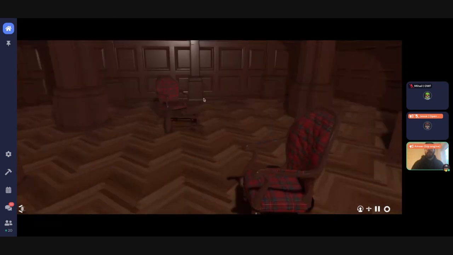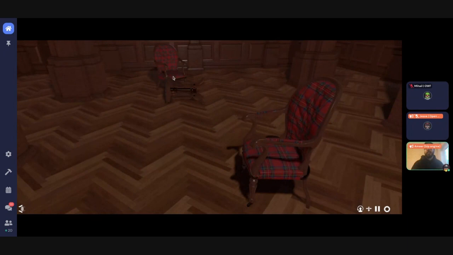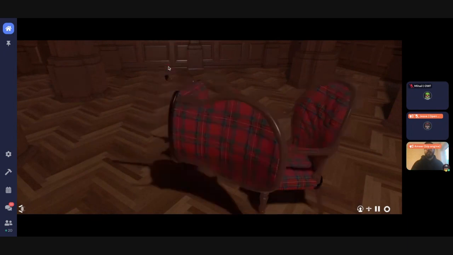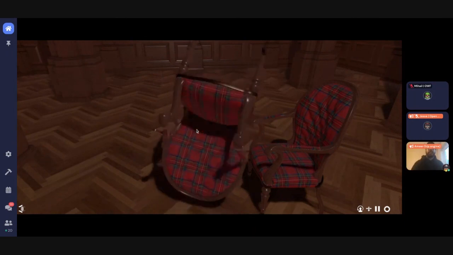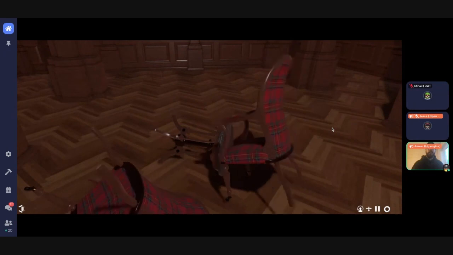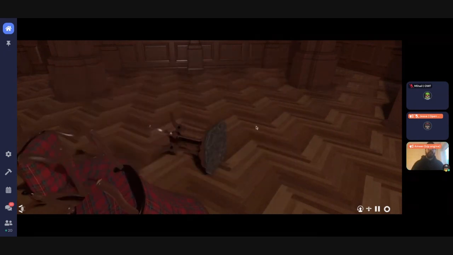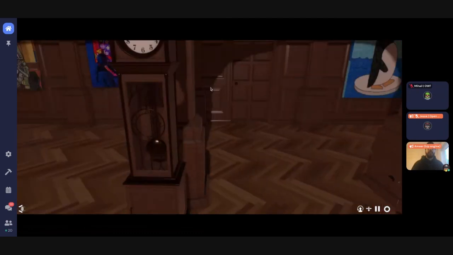But in this game, all the shadows and all the lighting is done in real time, and we also have physics. So if I was to click on an item like that chair, you can see it just pulled away and it just smacked the table away as well. And you can basically just drag and drop items, and everything reacts with each other in real time. So you've got crazy physics happening.